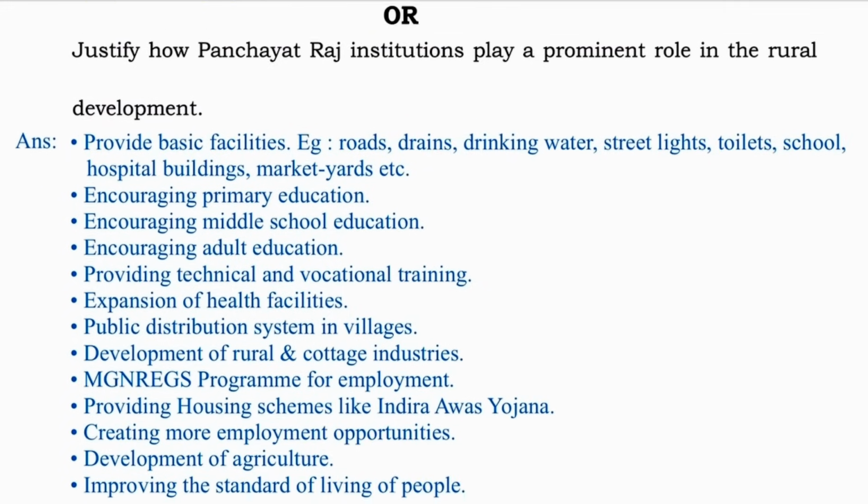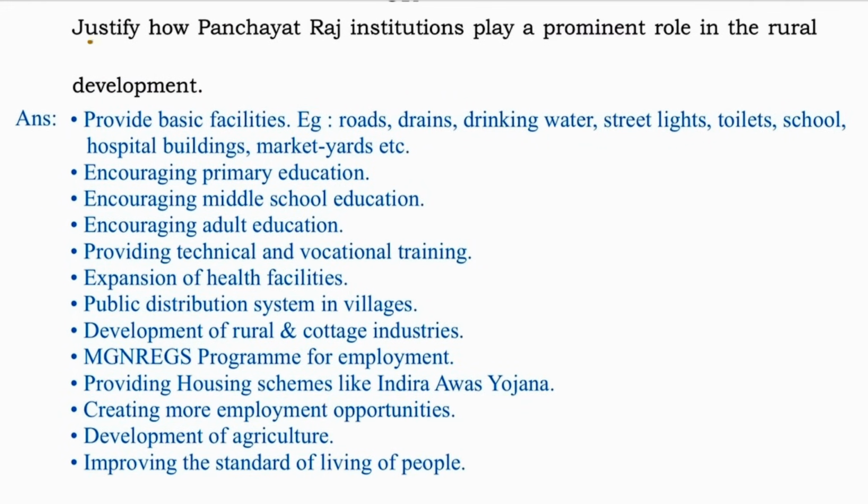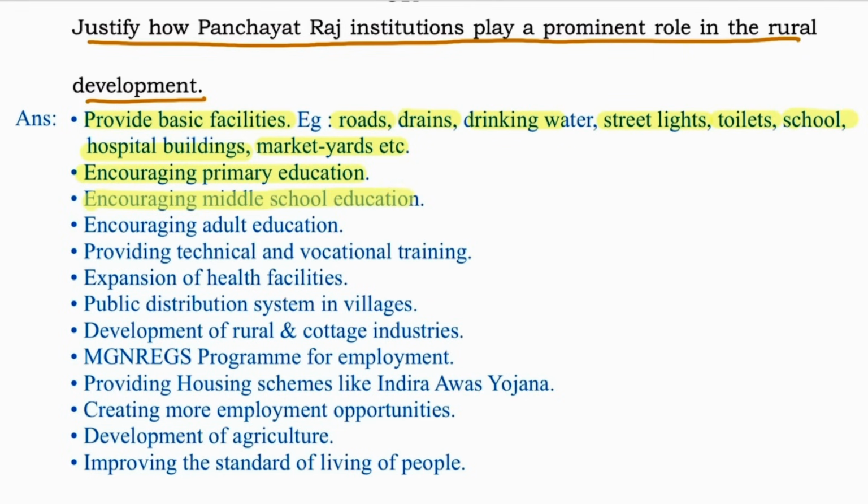There is an optional question. Justify how Panchayat Raj institutions play a prominent role in rural development. By providing basic facilities, for example roads, drains, drinking water, street lights, toilets, schools, hospital buildings, market yards, etc. And by encouraging primary education, middle school education, adult education, means overall encouraging education, and providing technical and